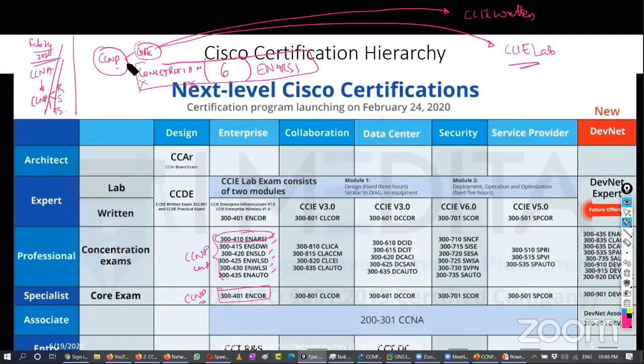Okay, so clearing CCNP Core is equivalent to clearing the CCIE written. That's why you see this paper has also been repeated over here. Do you see the code 350-401 under the CCIE written paper, right? So you just have to prepare yourself for that 8-hour CCIE lab, and in a very short span of time and with very little money, you can be CCIE certified, which everyone is dreaming about, right?